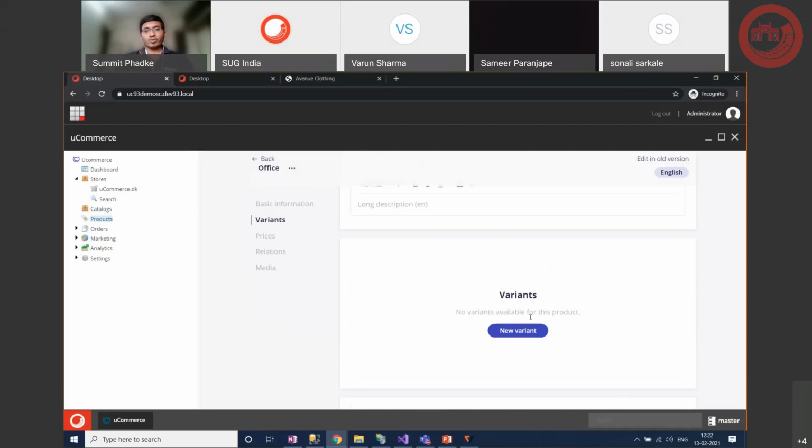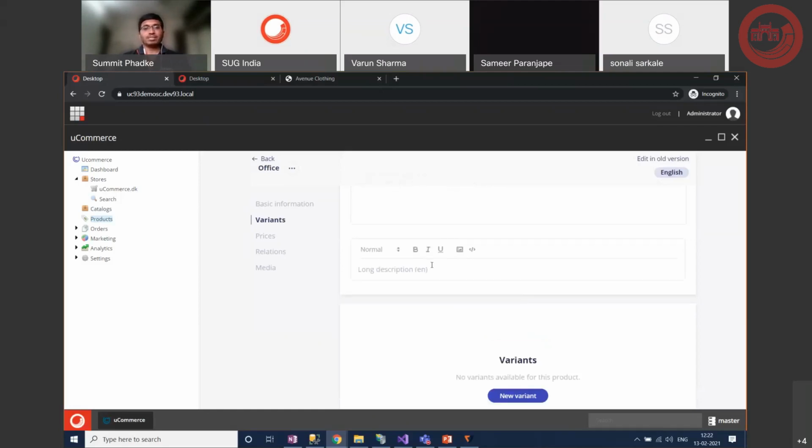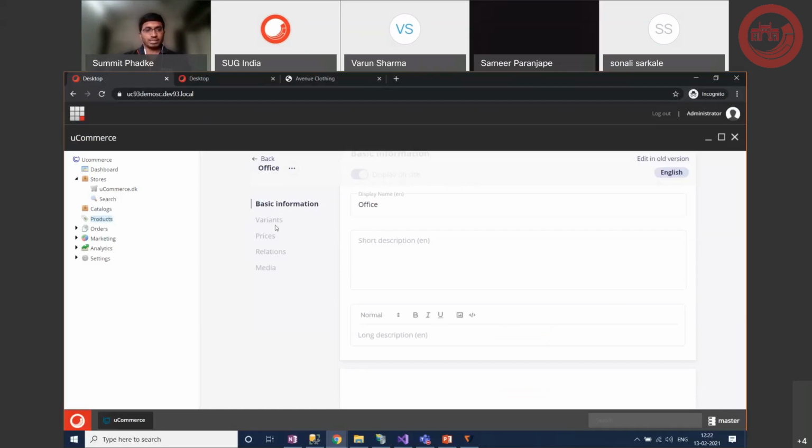You can also add a new variant to the product, which is like, say for example, you have shoes as a product, right? So one of the variants could be the size of the shoes or the color of the shoes, and there's going to be a product specific to that particular variant. You can add that as well in here. We will get to know a more detailed example of it when we are actually going through the demo storefront that they have. But this is how you have these products in here.